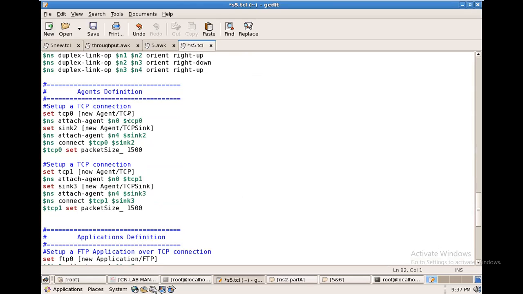Here also you have to modify wherever $n0 is there, you have to modify it to $nodes of 0. Okay, this is the modification you have to do. Similarly here also $nodes of